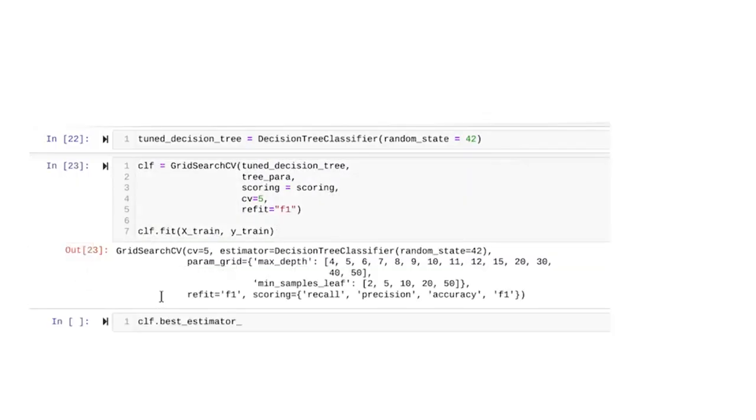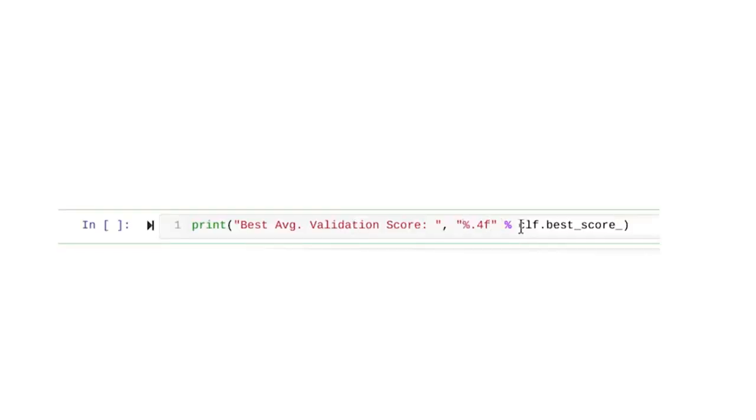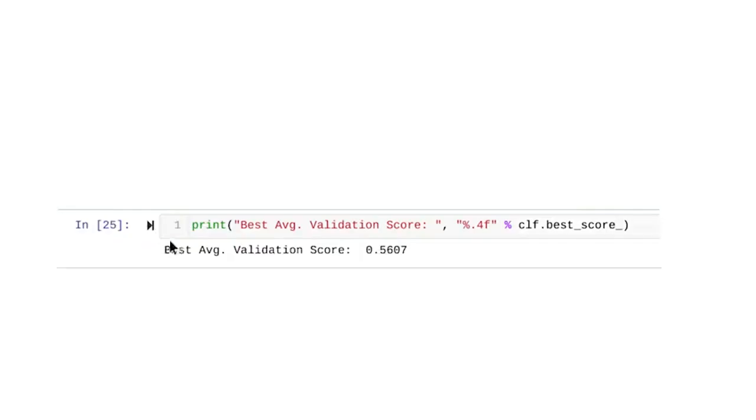Check which hyperparameters the grid search identified. By getting the best estimator attribute from the grid search object, you can observe the values it found. So, a max depth of 8 and a min samples leaf of 20 was best when using the F1 score as a measure. Getting the best score attribute confirms the best average F1 score across the different folds among all the combinations of hyperparameters. Note that this model achieved a score of about